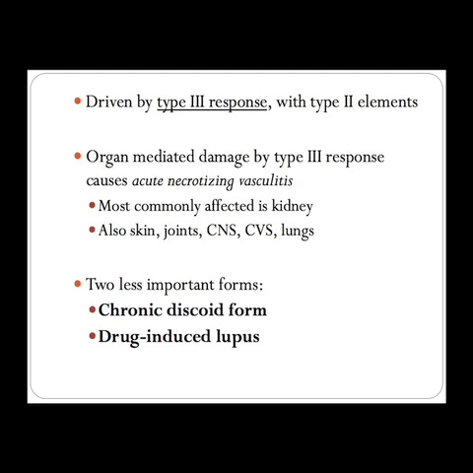Pathogenesis of SLE is driven predominantly by type 3 response, but there may be type 2 hypersensitivity, for example, in SLE patients who produce autoantibodies directed against red cells, white cells, or platelets. As organ damage is mainly mediated by a type 3 response, there is acute necrotizing vasculitis and fibrinoid deposits. The most common organ to be involved is the kidney, but other organs include the skin, where there is classical malar erythema over the bridge of the nose, the so-called butterfly rash that's exacerbated by sunlight, joints causing non-specific non-erosive